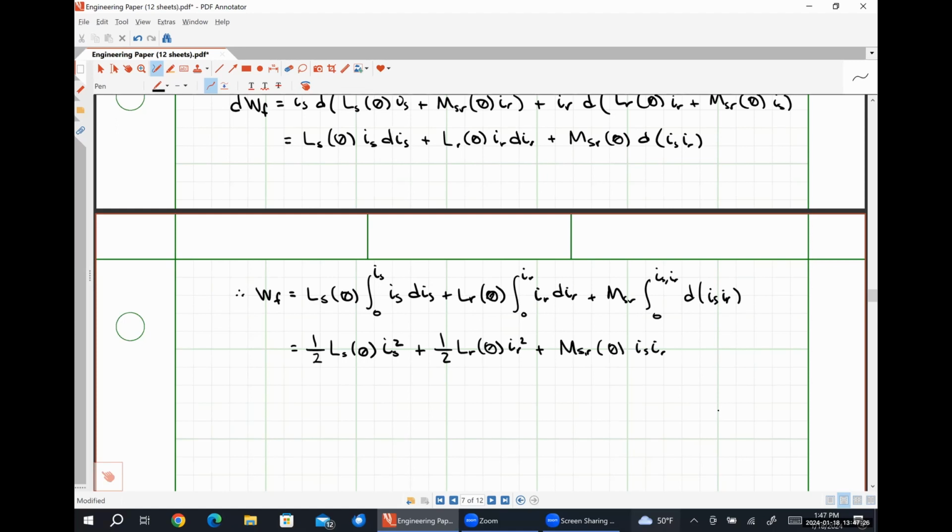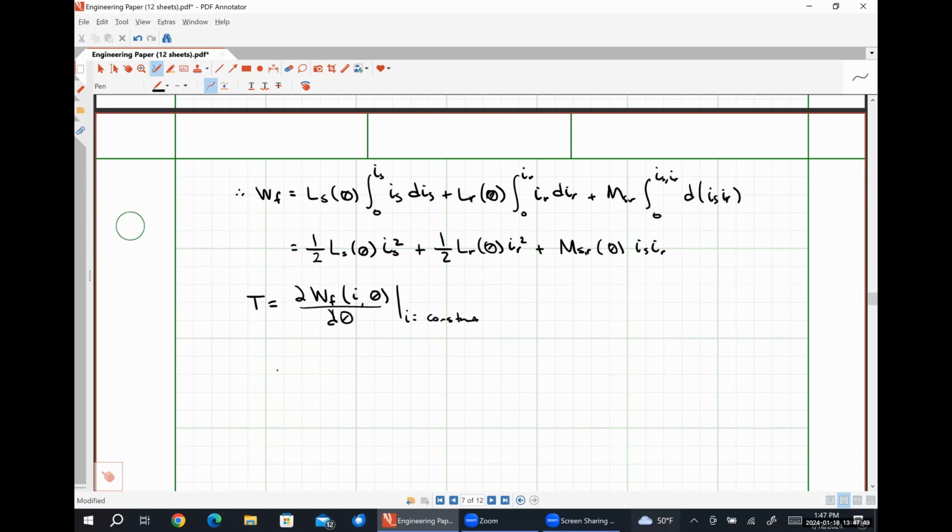So in a rotational system, our torque is going to be the partial derivative of our field energy with respect to our angle, where our current is held constant,